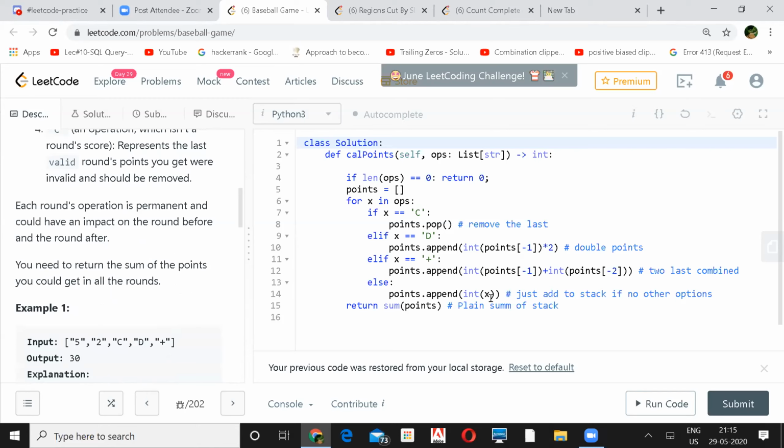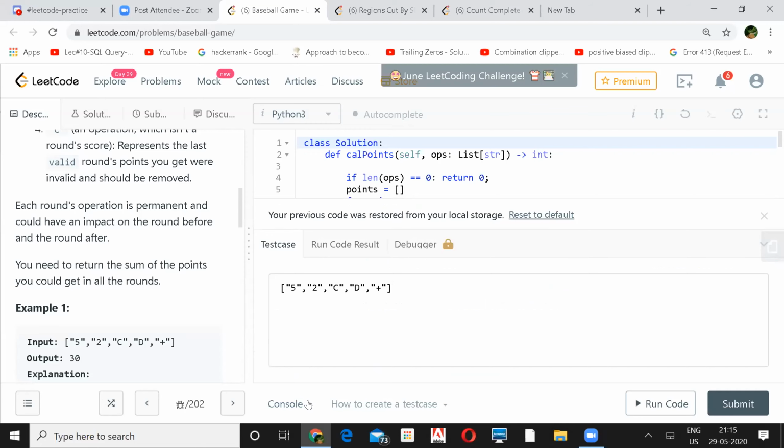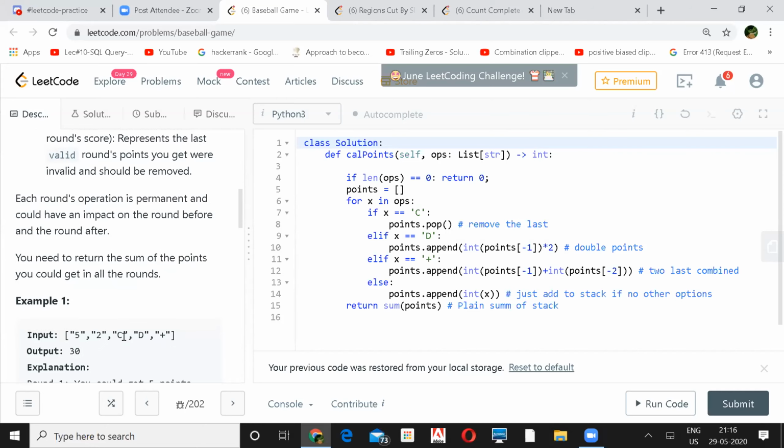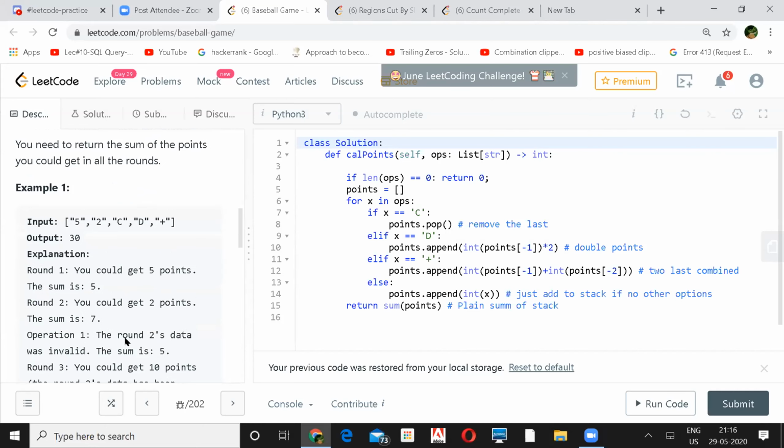Oh, okay. Means if suppose I get plus on the second, and in the first I get 5 points, I will just add 5, right? Yeah. Or what I thought was, because it will go beyond your array, like minus 2 you won't be able to access it. So we have to only take that one, right? That will be an invalid case, I think, as per the baseball rules. You will have to have at least two values to add.